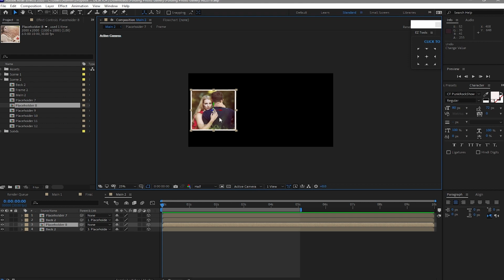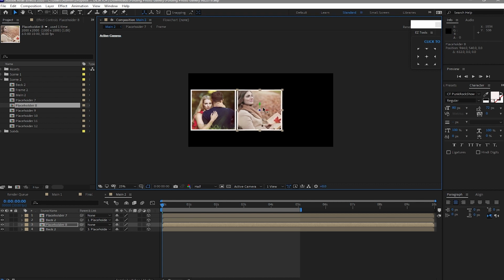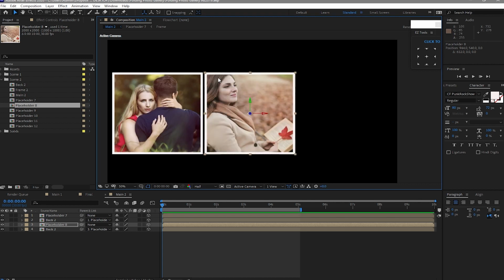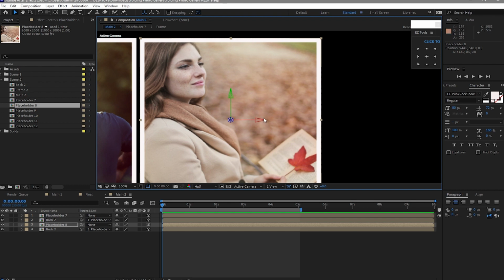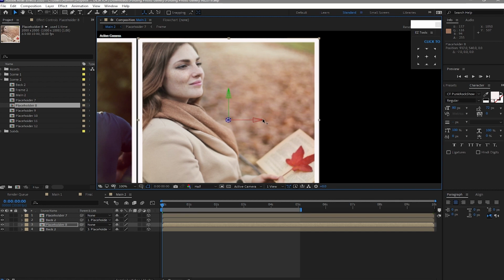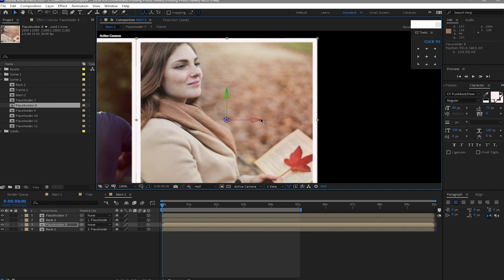After duplicating it, be sure to move the image on the right side like this, and again make sure that your photos will be close to the other photos like that,